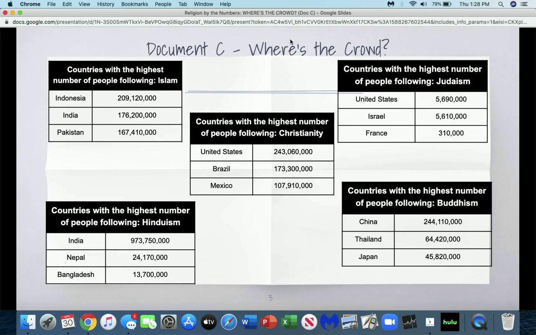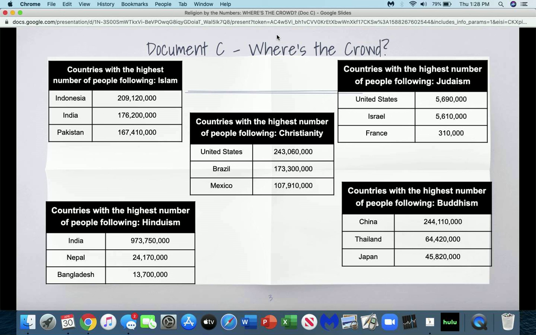I know that these numbers might surprise a lot of you, especially with looking at the growth in religions in the last 10 years, from 2010 to 2020. But these are accurate numbers, and I find it super interesting to look at them and see which countries have specific religious populations that are high or low.